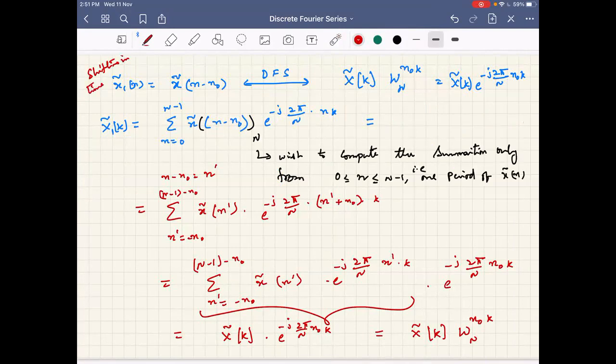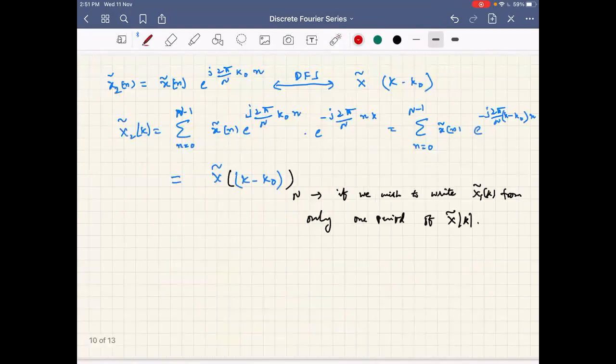The other property of importance is multiplication with complex exponential in time domain. Okay, so the effect of multiplication with complex exponential. Yeah, so you can see that we are multiplying with a complex exponential signal here, and this in